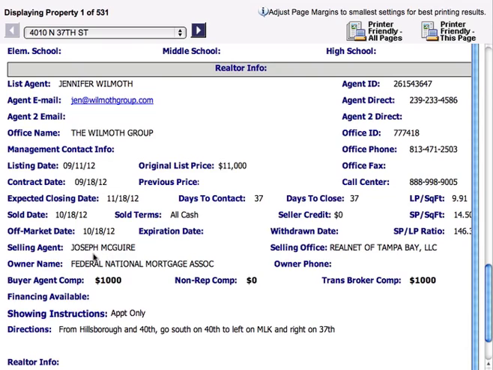What you can do is contact the selling agents, the agents who represented buyers who bought properties for cash in the zip code. Call them up and say, look, I'm a wholesaler. I have this deal under contract. I see that you represented a buyer who purchased a property in that area. Do you know if they're still looking for deals in that neighborhood, or do you know anyone else, any other cash buyers who would be